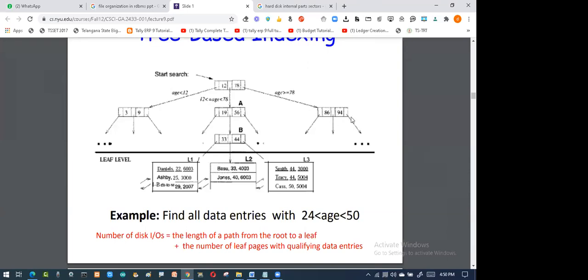Again the 78 will be further divided within the 50 part, say 60, 70, 80, 90, 100, so you'll have it divided into 5 parts. When I say 78, again this will be split into 60, 70, 80, 90 and 100. So I'll go for 70, and in the 70 I'll search for the record, and that 70 is going to give me the appropriate record. Whatever record comes is called the leaf level.